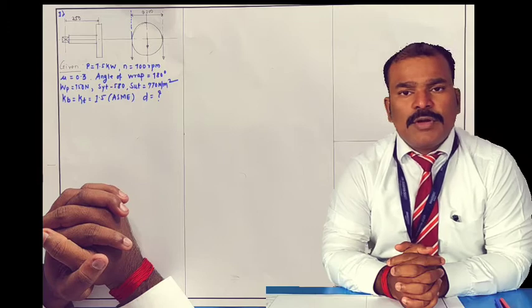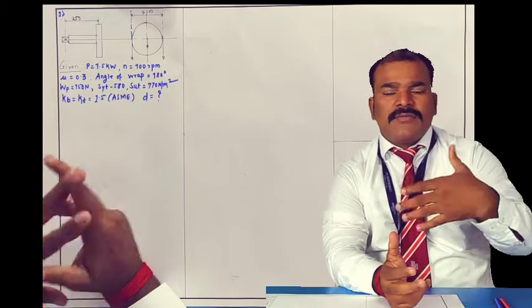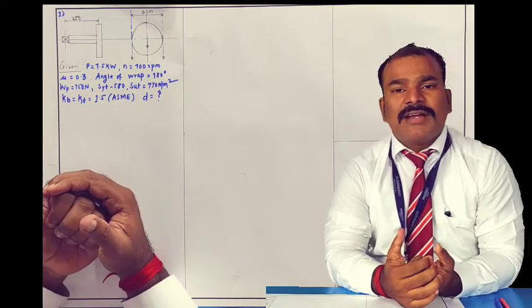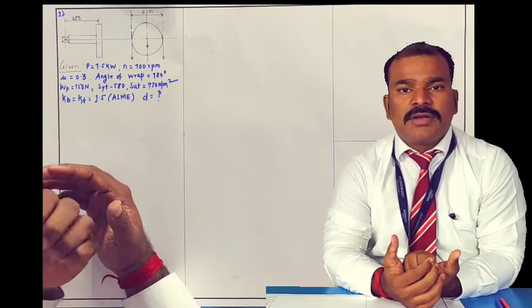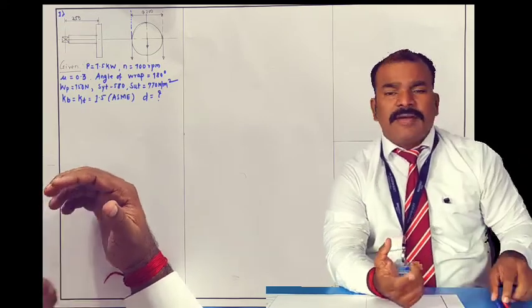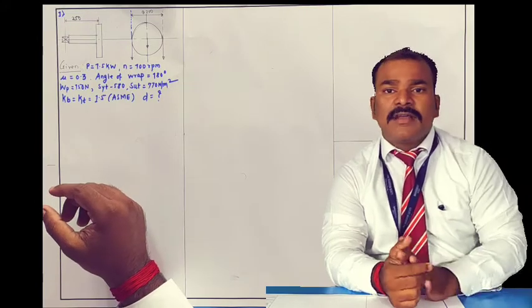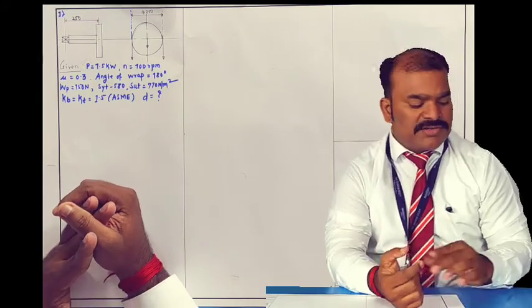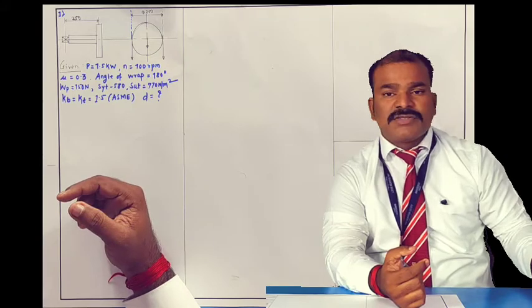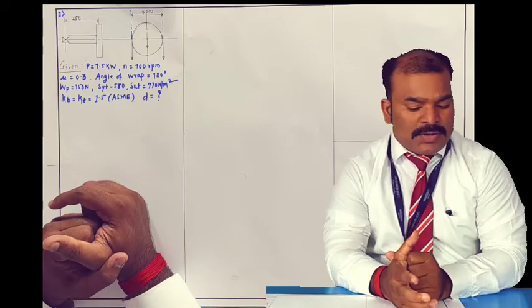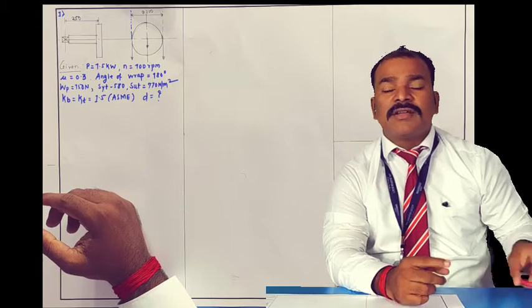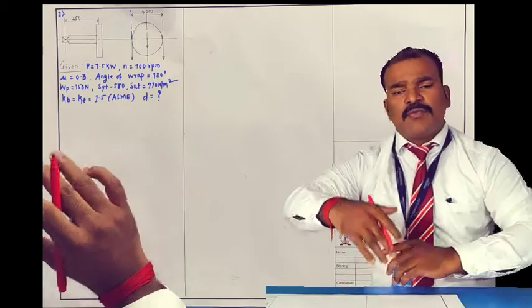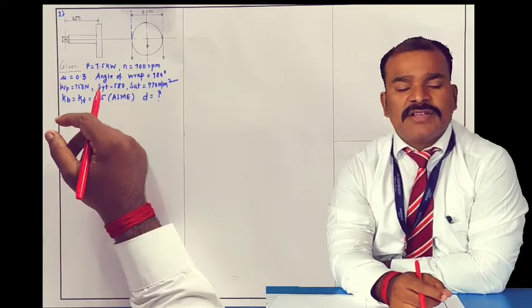Another ASME code numerical. Why am I giving a number of numericals? Because these numericals will help you find out how to solve a numerical sequentially. Here I have written the directly given data and the diagram given in the numerical, and this was the problem which was asked in 2017. So I'll tell you how the problem is given and what the given inputs are, and then we'll follow the procedure we have discussed.